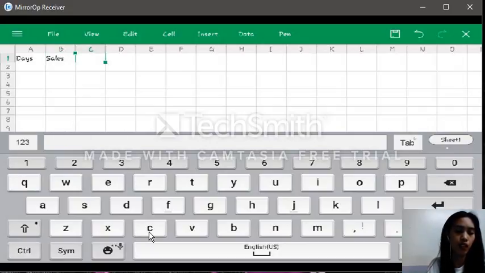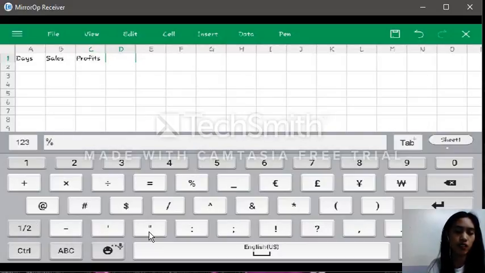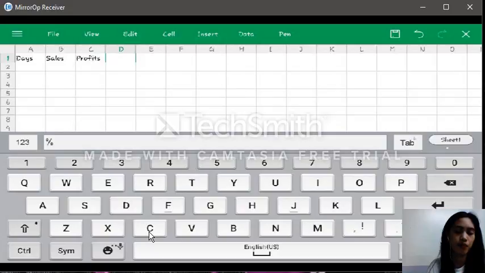Select Tab, and for profit, Tab, and for percent profit. Click Tab again, and now you can enter the days.